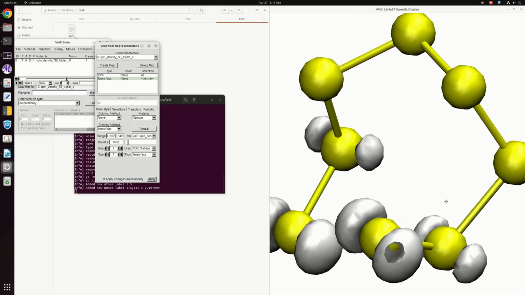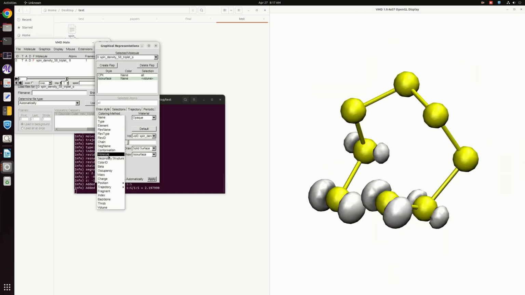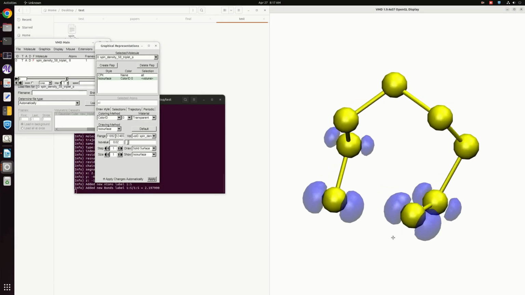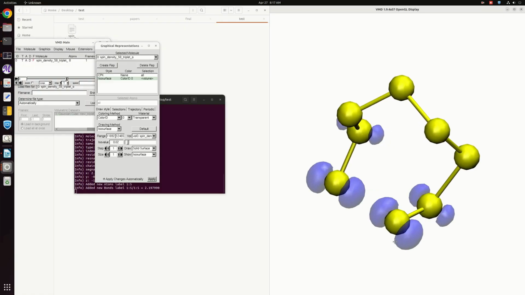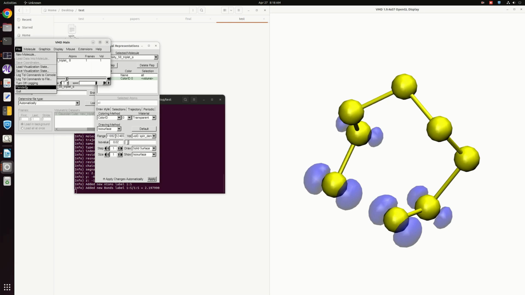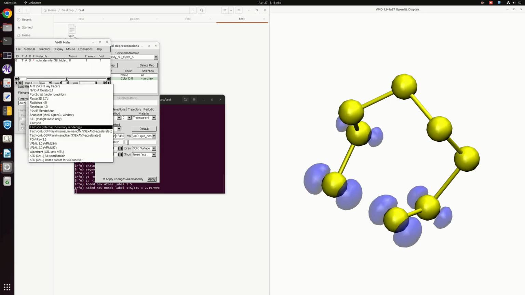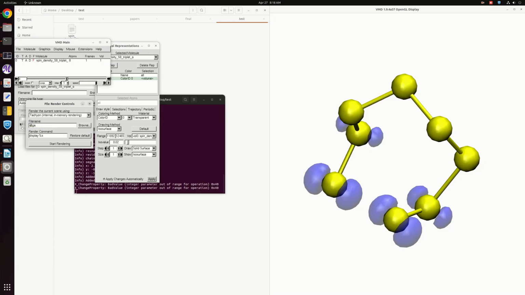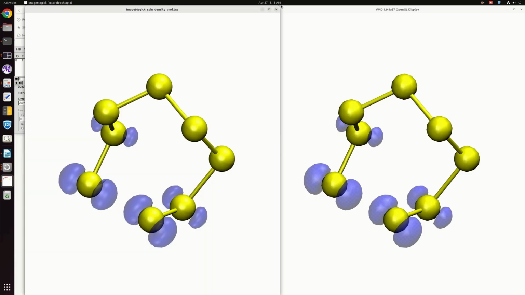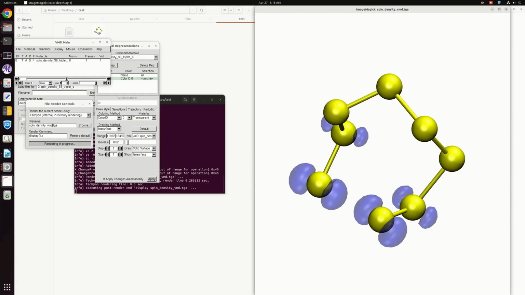So now you see that, and also we can do another thing by changing this color ID, and you can make it transparent as well. So this is how the spin density we have simply plotted using our VMD software is exactly the same as what we have plotted using GaussView. And if you want, you can also render this spin density. You can go to your internal memory and simply save this spin density using VMD. So start rendering, and this is what we have saved now, and this is the spin density by VMD,